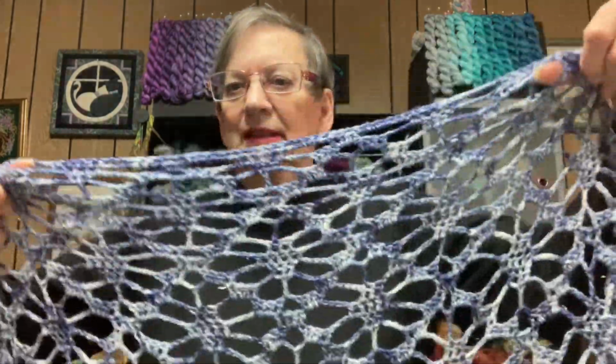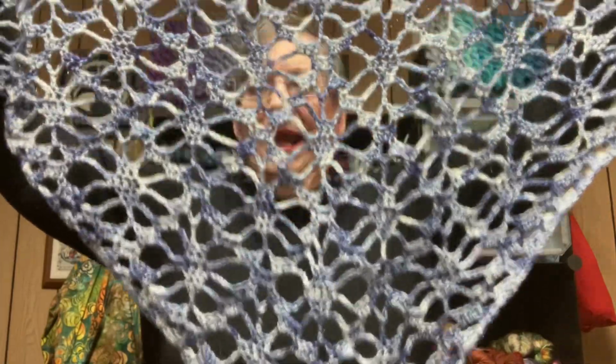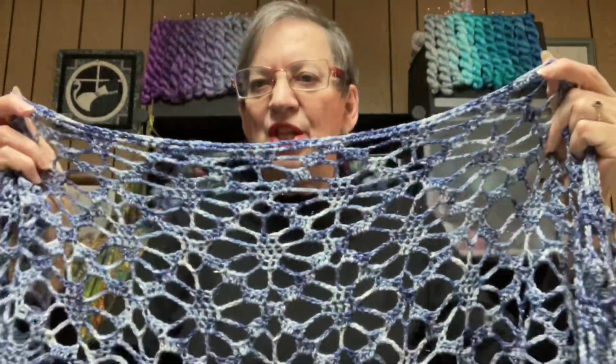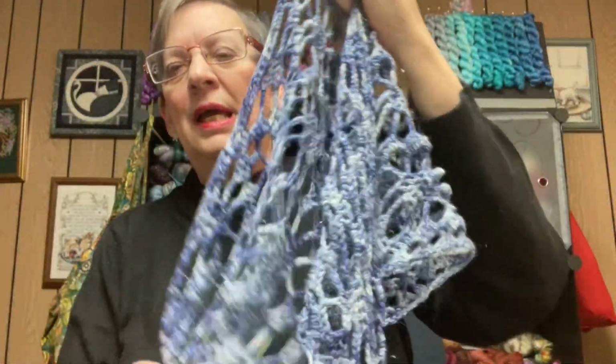So I'm going to start, I won't do this every month, I don't think, but I'm going to start with what am I wearing. That's typically where I start. So I'll take it off to show you. This is the Zerzuru shawl. The pattern is by Reggie from J Hook Crochet. I think this is the third one that I made, and I'm going to hold it up close in the hope